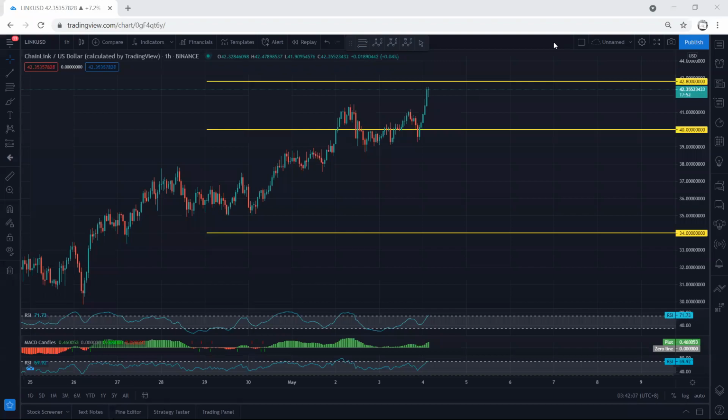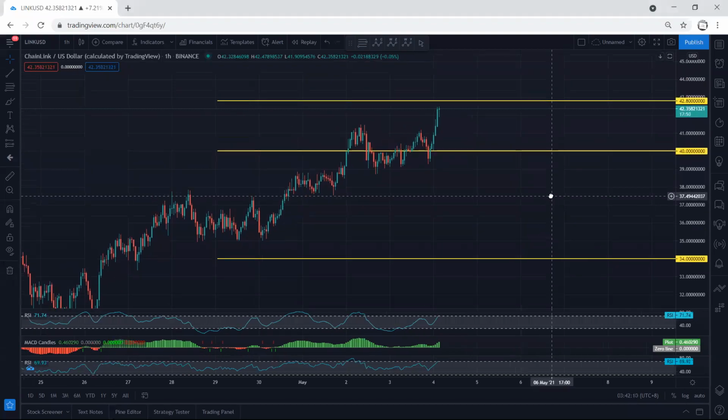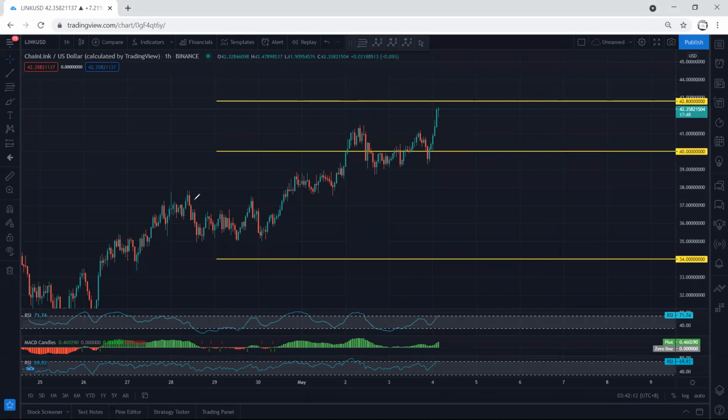We start with 1 hour chart. I just want to give a quick update. First of all, if you refer to our analysis in my last video when the price was here, we have been looking for buy, and this is what we get. And we mentioned the first take profit was 40, followed by 42.8. We mentioned if the price is almost near the second take profit,